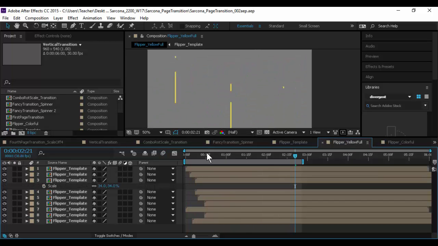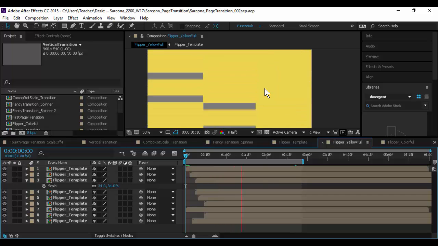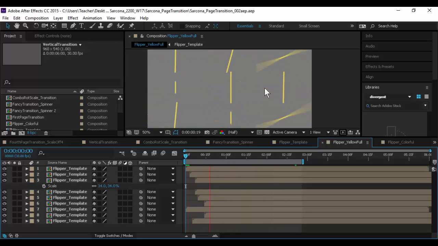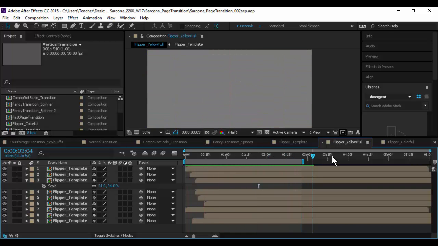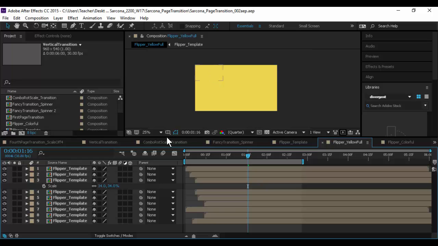Now again, that could be used individually. It could be used as one transition just to go to a solid color, or it could be used as a half transition, or a full transition to go to a different color or back to the original color. Okay, even when this entire screen is full, I could actually put in